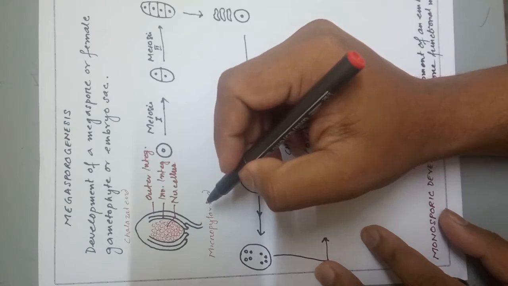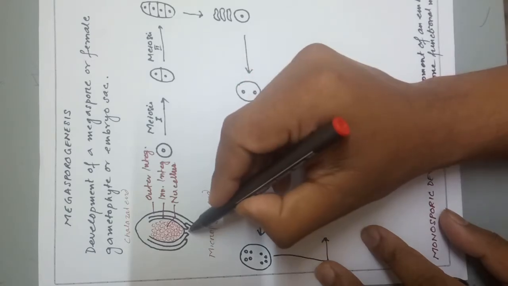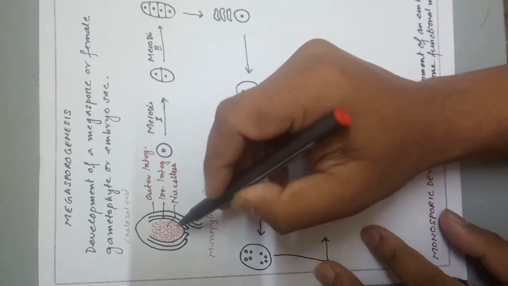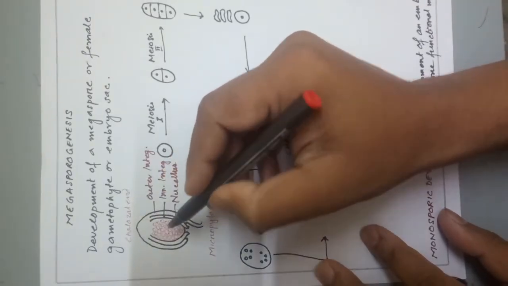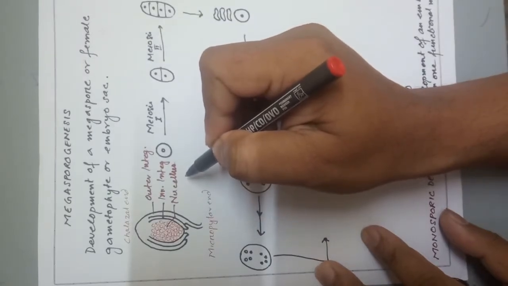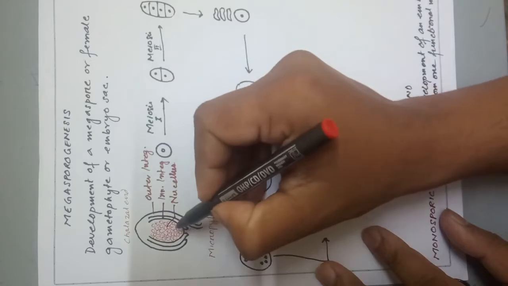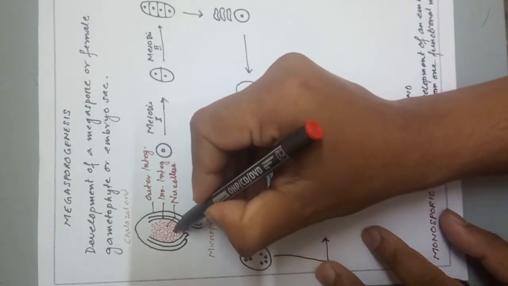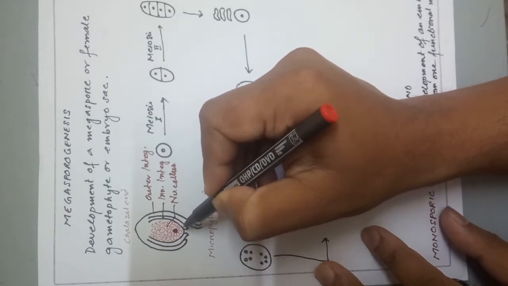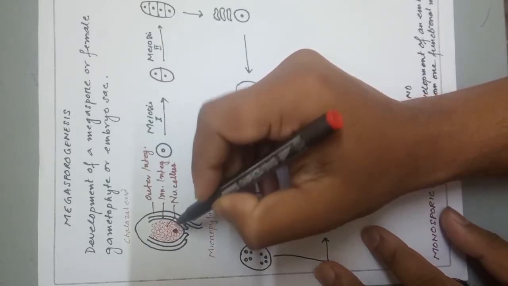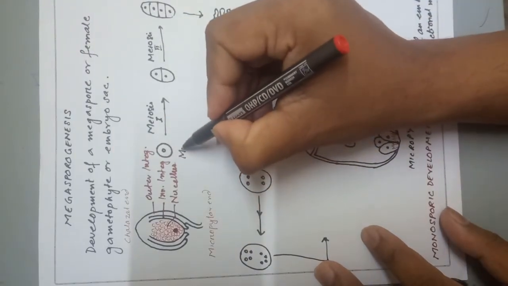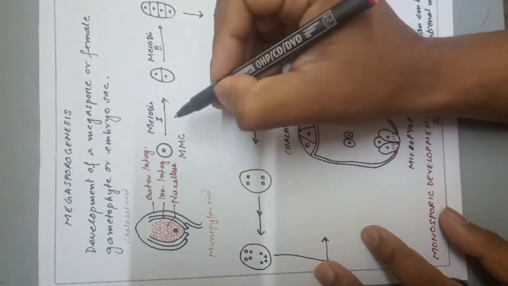Now one of the nucellar cells, at the micropylar end, we have two ends. This opening is a micropyle, so this will be the micropylar end, and opposite to the micropylar end is the chalazal end. So one of the cells of the nucellus is called a nucellar cell. One of the nucellar cells, let us say this cell I have marked, will undergo meiosis. Understood? Such a cell will be called the megaspore mother cell or MMC.